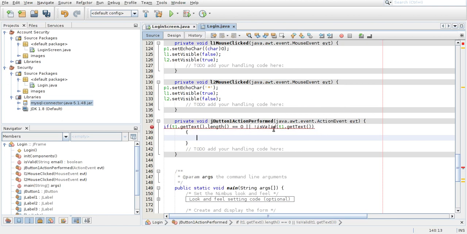What have we done wrong here? Okay, we haven't closed the bracket. I think we didn't. Okay, we haven't added another bracket for it. Yeah, now it's perfect. We will write JOptionPane